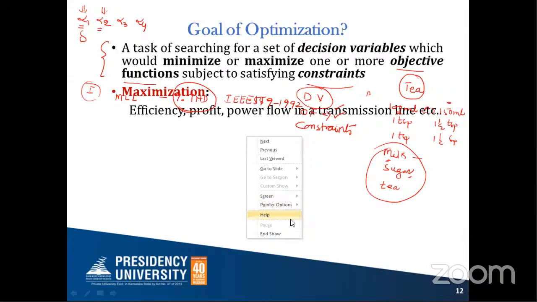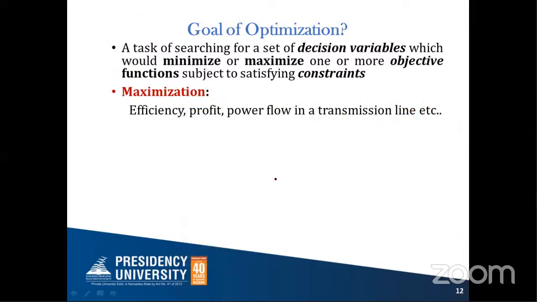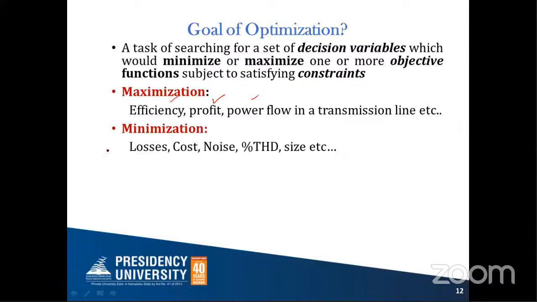One minute, let me erase this one. Right. Let me see one example here. Let us say the maximization. In problems such as these, we can maximize the profit, you can maximize the efficiency, you can maximize the power flow in a transmission line. Similarly, in minimization, you can minimize the losses, you can minimize the cost of the transmission generation, you can minimize